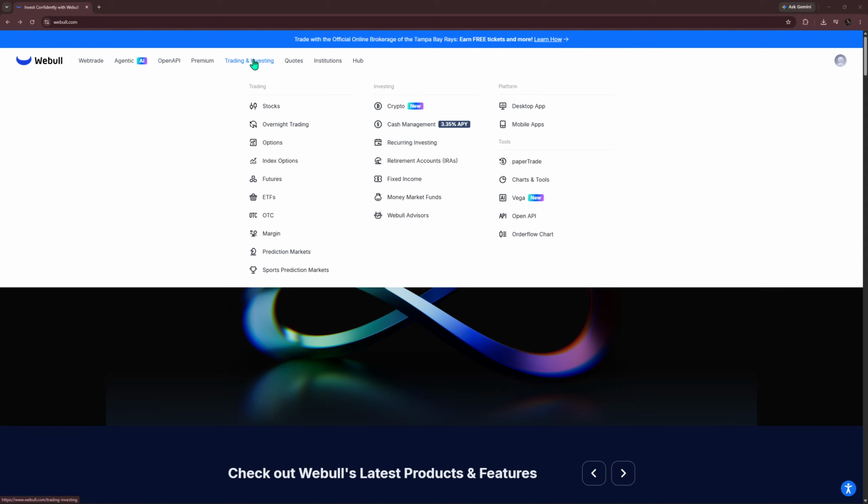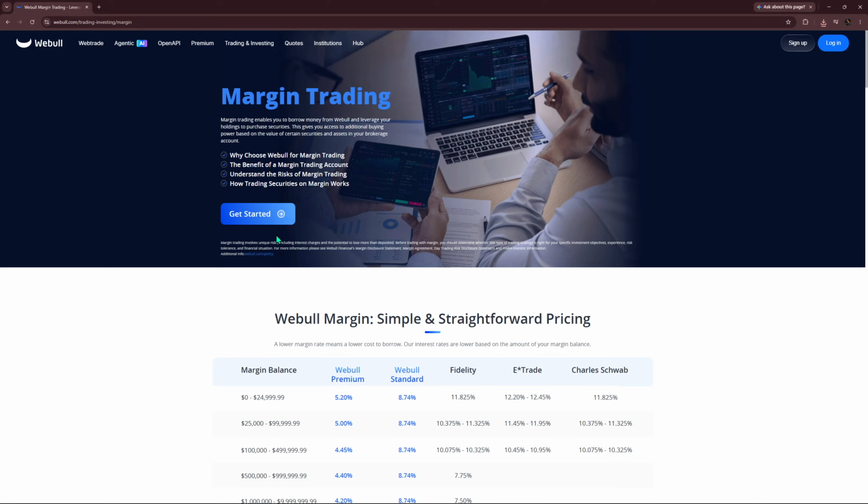Go ahead and move your cursor to hover over this section. This will reveal a drop-down menu with more options. In this drop-down, you're going to see a variety of trading tools and resources. Look for the option that says Margin and click on it. This will take you to the margin trading page, where you can access all the tools you need to get